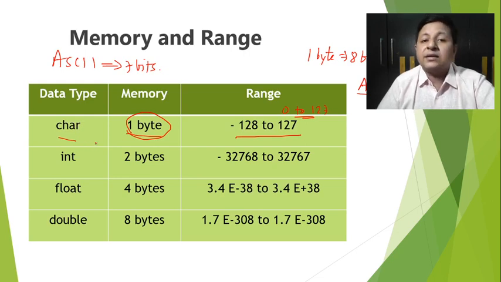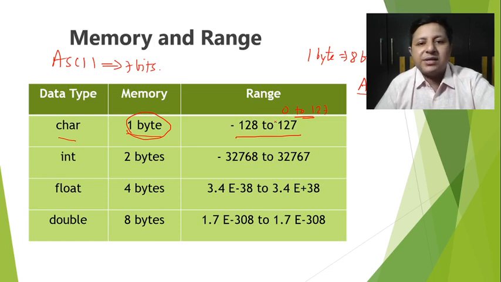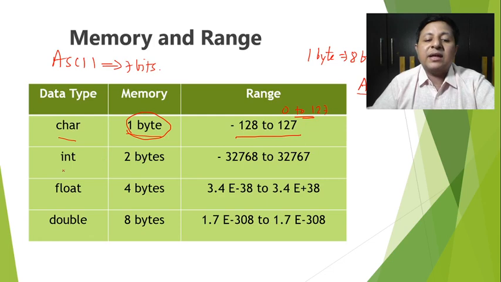How exactly the character range is being derived, I had already uploaded a video in the same playlist. Maybe the caption of the video is finding the range of the int variable. In the same way, in that video I had explained about char as well as int. So you can very well see that video. You'll understand that whenever I say int is 2 bytes, for example, and this is the range which I had written here, how exactly that range has come.